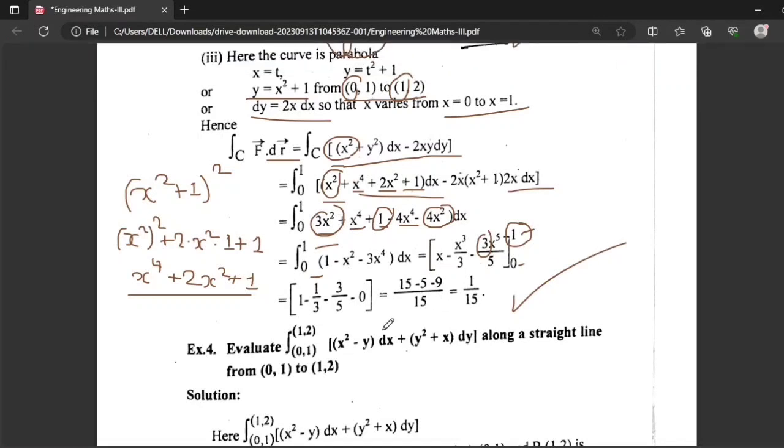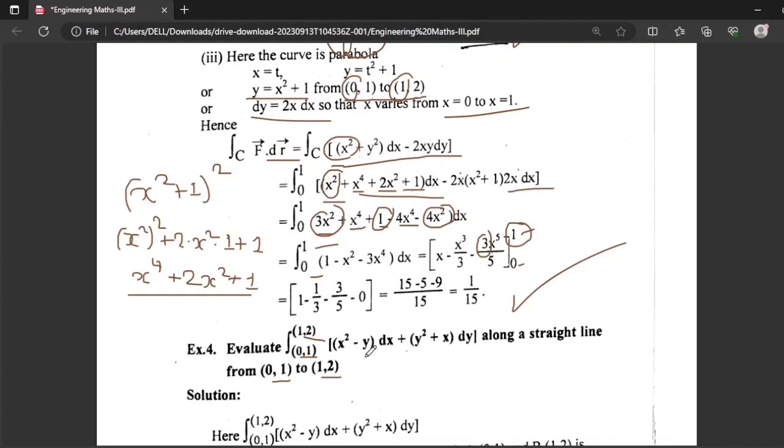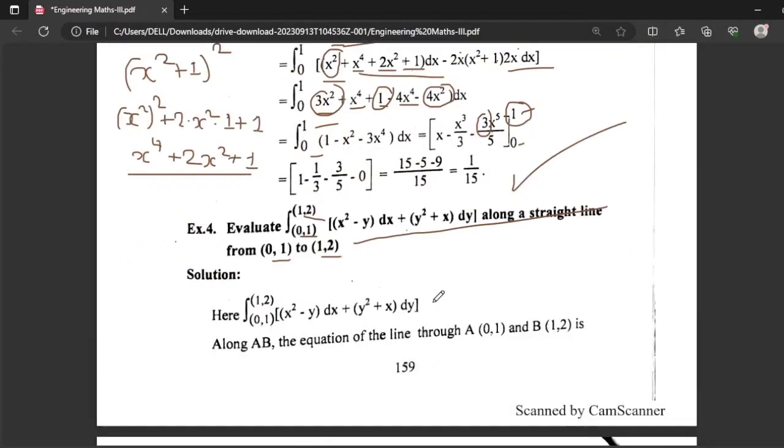Next is to evaluate this line integral from point 0, 1 to the next point 1, 2: x square minus y dx plus y square plus x dy along a straight line from